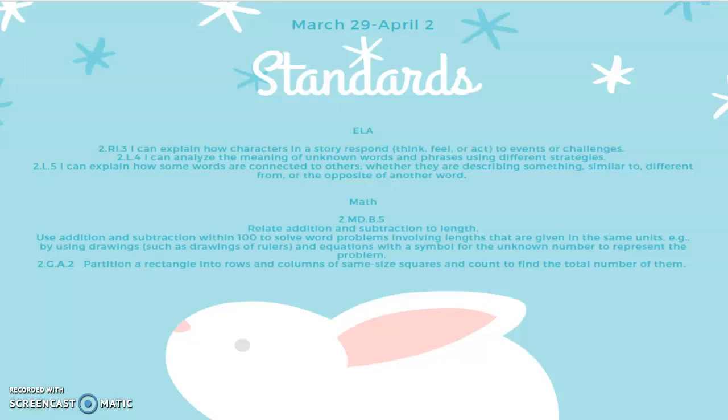All right, moving into standards for March 29th through April 2nd. For Ms. Thompson's class, all ELA classes, we're covering 3 standards in 1 week, which is a lot. We are reviewing RI 2.3, which is cause and effect. We started this standard before break and we are wrapping it up after break. And then we will look at analyzing the meaning of unknown words. We're going to be focusing on some strategies to help us with unknown words as we're reading. And then we're also looking at opposites a little bit as well.